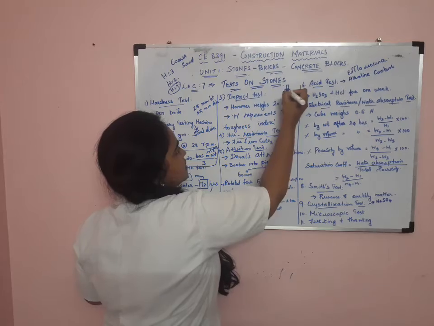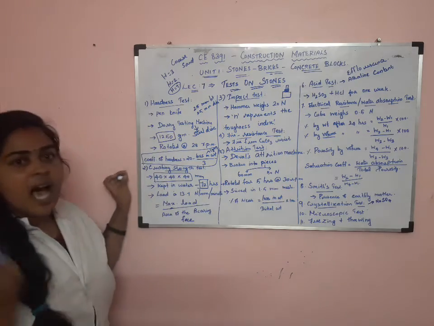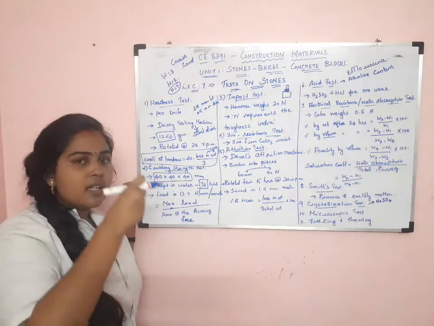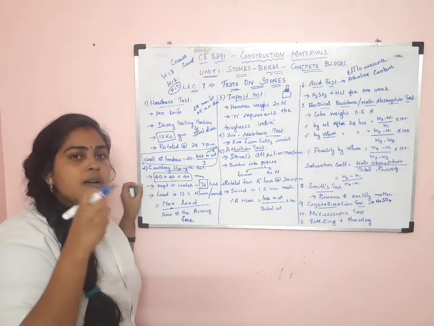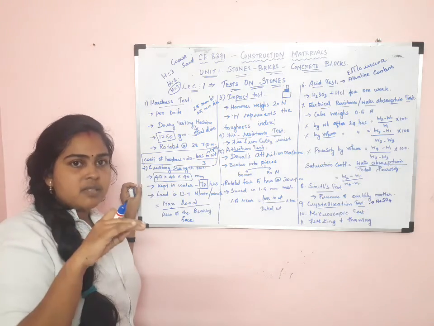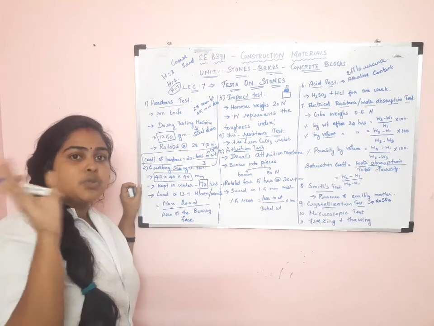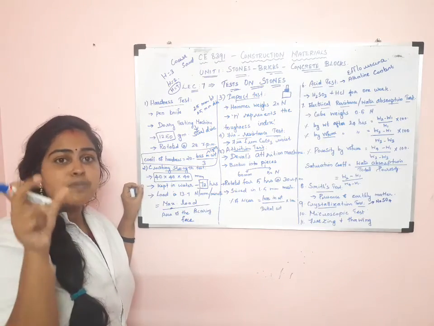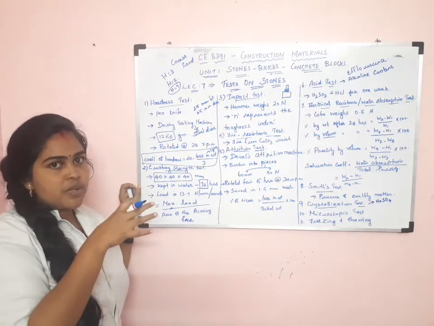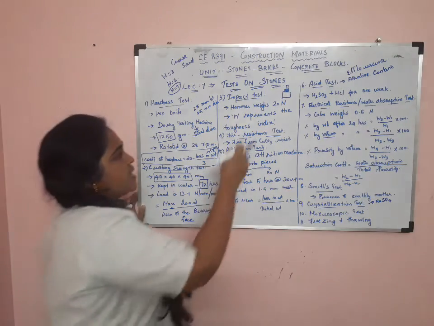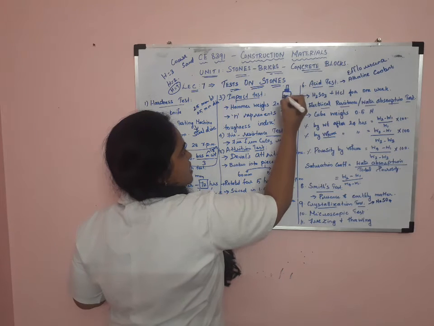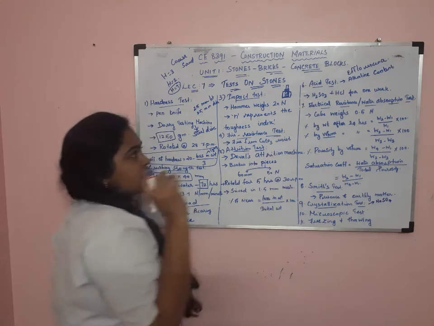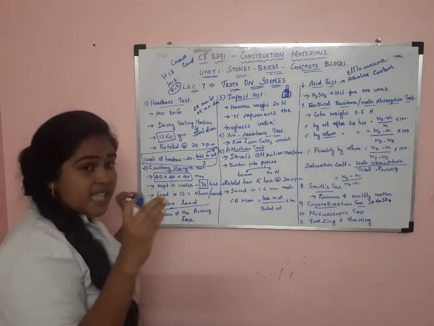This hammer weighs about 20 Newton. When this hammer drops from a height of 1 centimeter, 2 centimeter, 3 centimeter, we note at which centimeter or at which blow this stone gets broken. If this is the specimen, and the specimen is kept inside